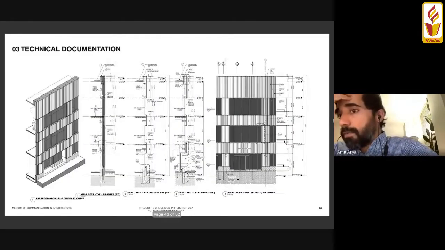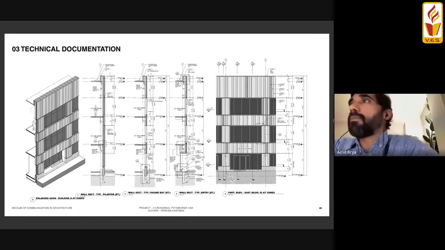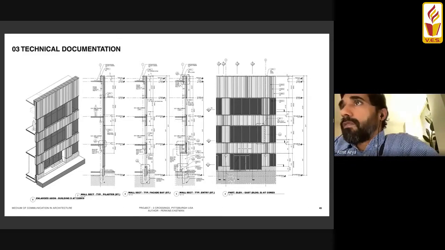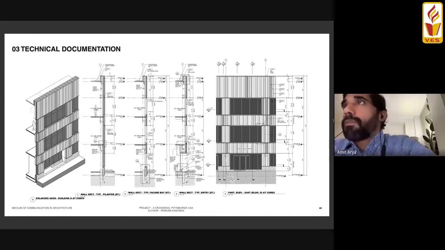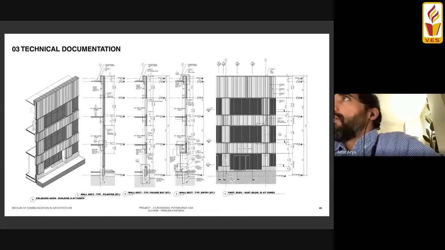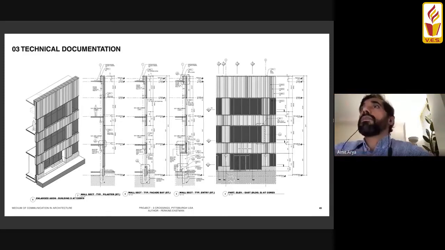These are all drawings from a project we recently finished. It's a small, simple, but highly detailed project. And here's a perfect example at construction documentation level, what the wall section may look like, right? So if you remember from our first section, now here, what's really happening is a lot more commitment and intent has gone into the connections, materiality, and all the layerings of all the various things that comprise the building facade